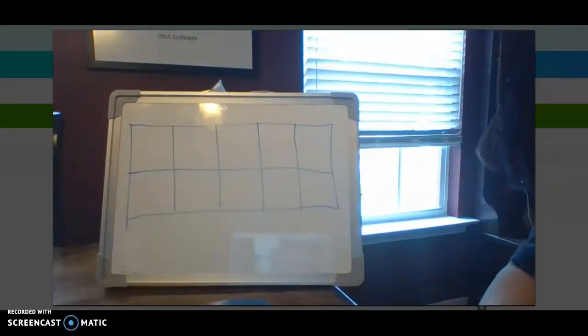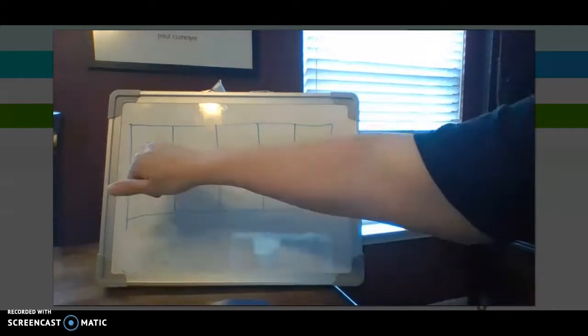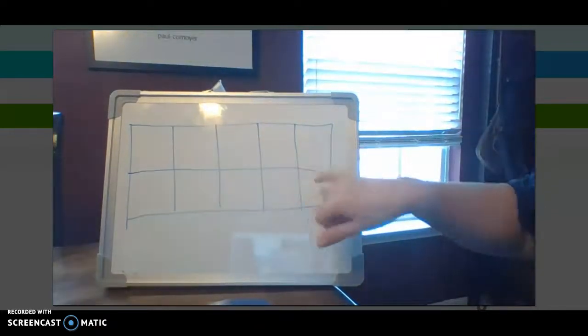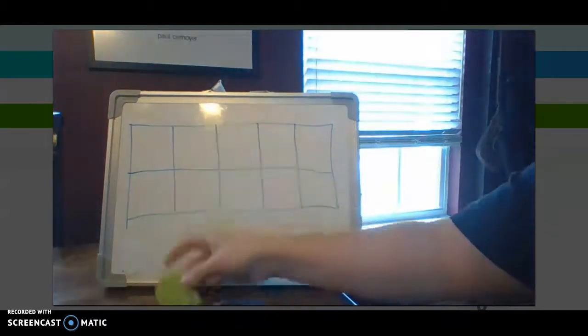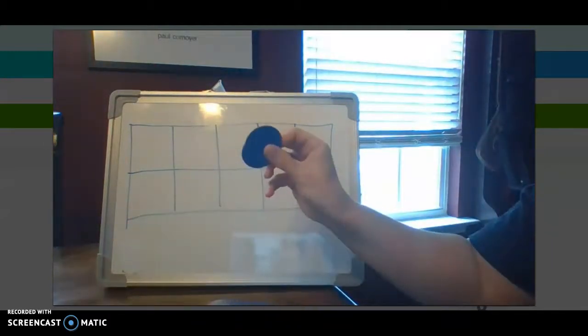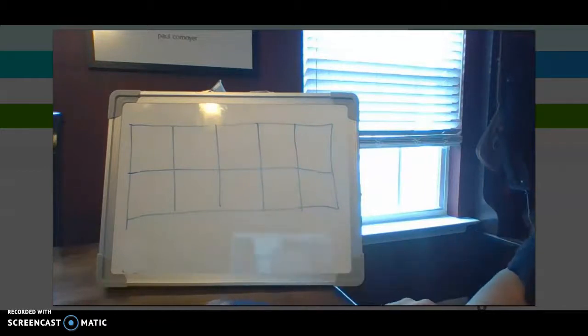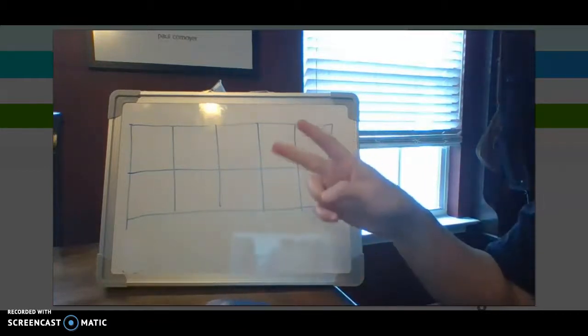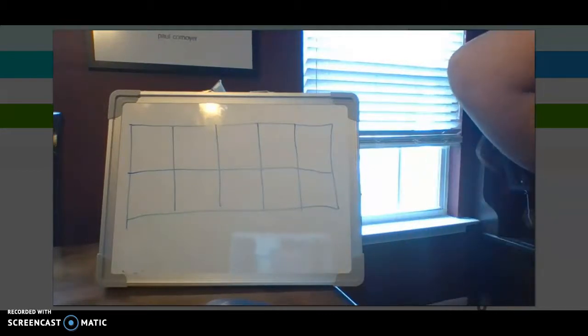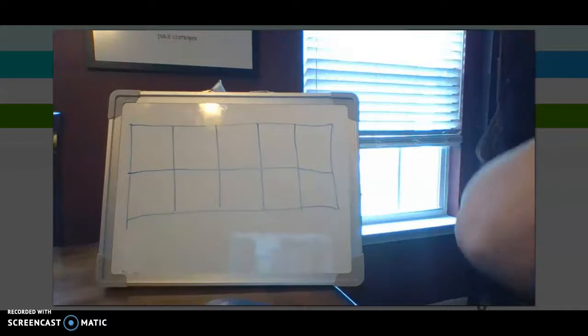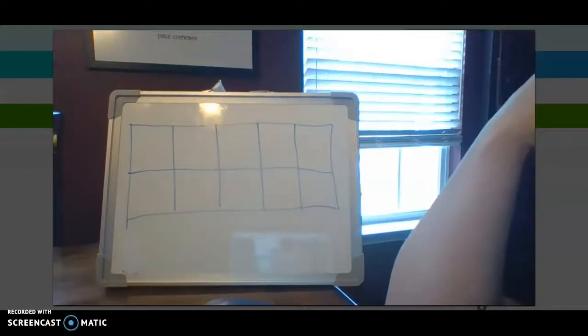All right. So what do I have right here? Yeah, I got a 10 frame. 1, 2, 3, 4, 5, 6, 7, 8, 9, 10. I've got 2 colored chips. I have green chips and I have blue chips. So they're going to represent our 2 different things we're going to be adding, our sets that we're going to add together. Okay? So we're going to start on the 10 frame. I'm going to show you some other ways you can add too. All right, so listen to my story